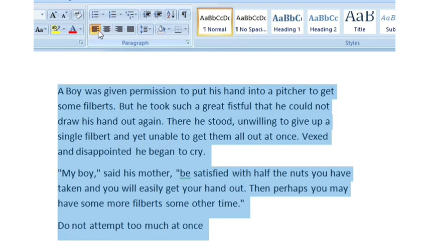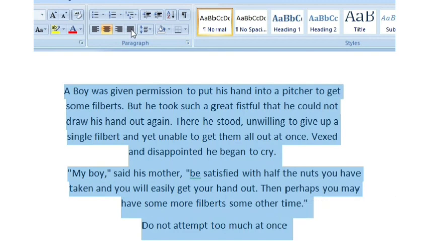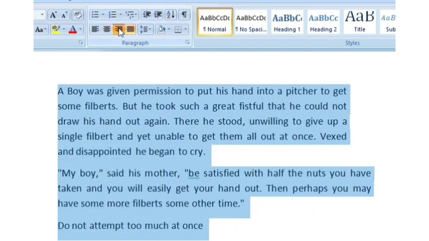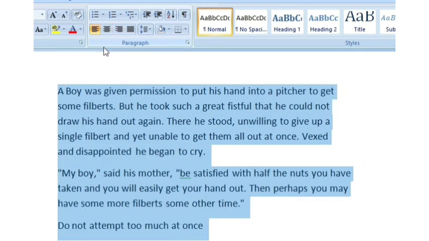As you can see here, when I am hovering the cursor over this left alignment, that means our paragraph is already left aligned. Now I want to make it centered. All words should come in the center. So how will we do it? Click over it. Now you can see here how the paragraph is aligned in the center of the page. So this way we can change the alignment, we can do justify, right align and center align, and the last one is left align.